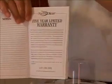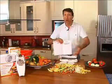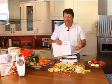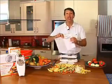Try this at home. It takes all the time out of preparation. It's fantastic to use in a motorhome or a caravan as well because it's very light. Saves you taking choppers and knives and blenders. Just try it at home. It's worth every